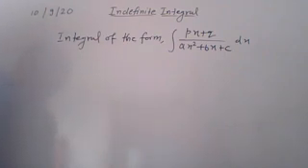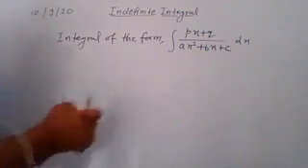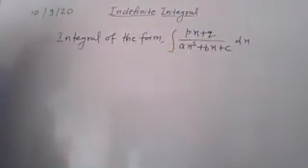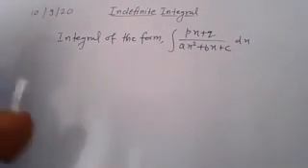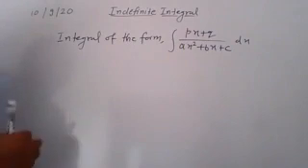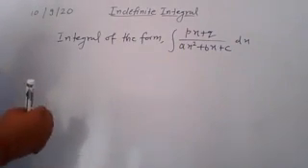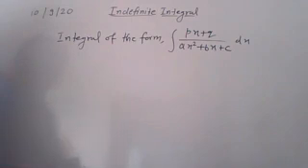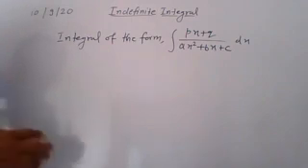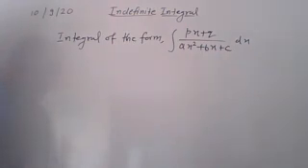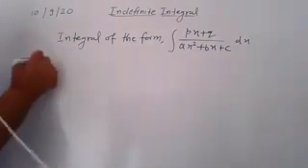What you do basically is try to make your numerator in such a way that it becomes the derivative of the denominator. For making that, you have to add some constant or subtract some constant here. To make it like this, you will have to add something and subtract something, right? So what is the rule here? You write the rule here.